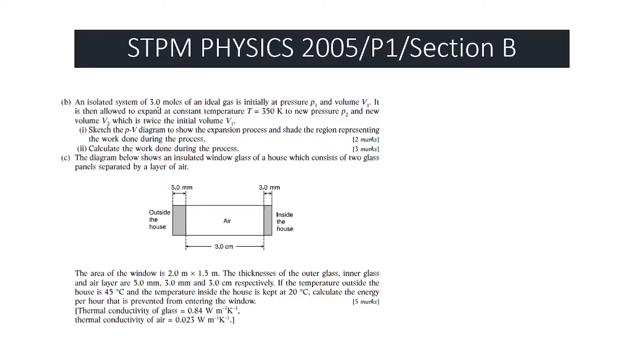Be an isolated system with n equals 3.0 moles of ideal gas initially at a pressure P1 and a volume V1. It is then allowed to expand at a constant temperature T equals 350 Kelvin to a new pressure P2 and a new volume V2, which is twice the initial volume V1. So here we know that V2 equals 2V1, and we have a constant temperature. The first question, sketch the PV graph to show the expansion process, and the shaded area represents the work done during the process. And so